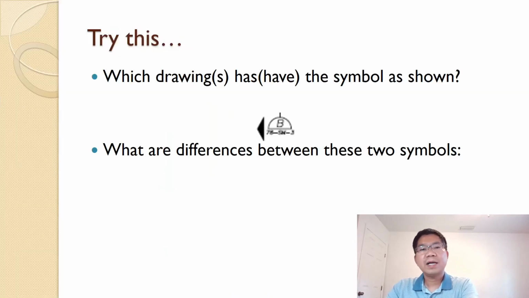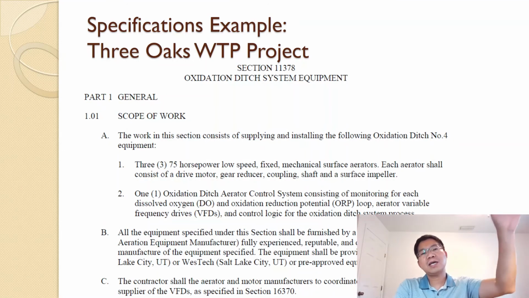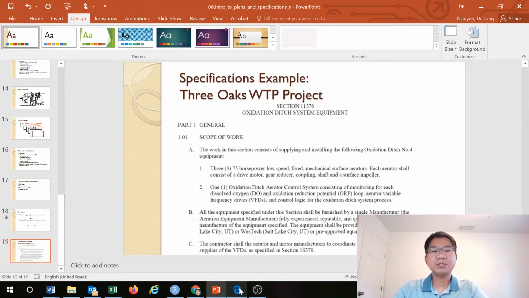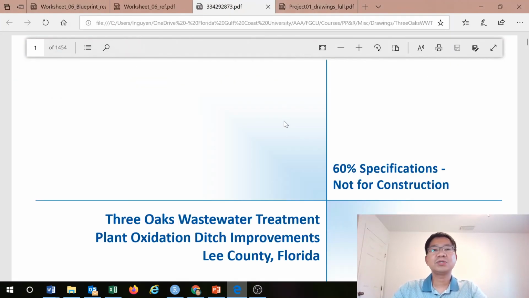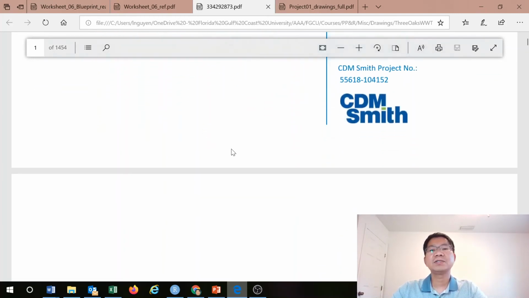So the last one is about the specification. For example, this one I extracted from the Three Oaks wastewater treatment plant project on Three Oaks Parkway, just near our campus. So what is that about? I show you this is the specification for the Three Oaks wastewater treatment plant, the plant oxidation ditch improvement in Lee County, Florida. So they have